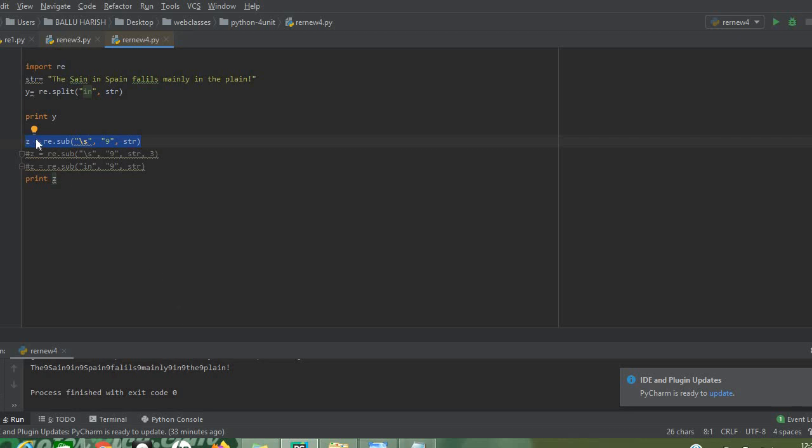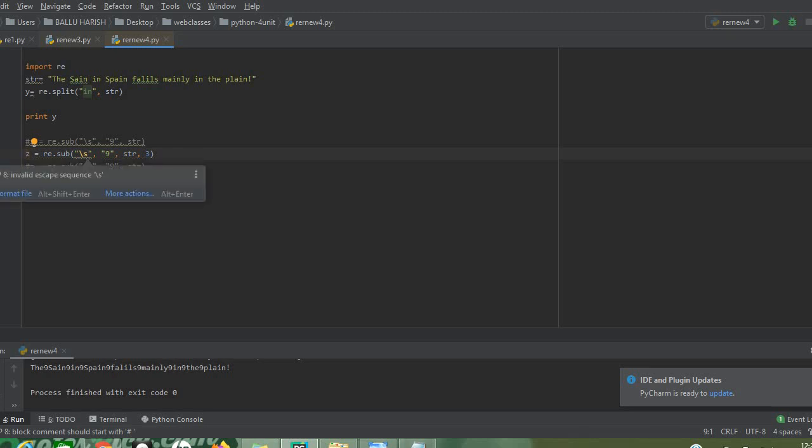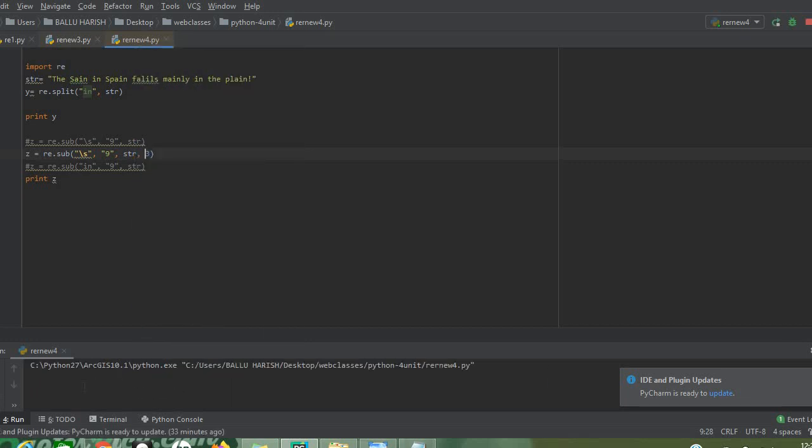If you want only the first 3 spaces or first 4 spaces to be substituted, and I run the program this way, what is the output? Wherever a space is there, it will be substituted by 9, but not all the spaces. Only the first 3 spaces will be substituted. If you run the program, you can understand clearly. You find the first, second and third space replaced, and from the fourth space onwards you find only spaces, because you have specified the value as 3. You can either increment or decrement; there is no issue.